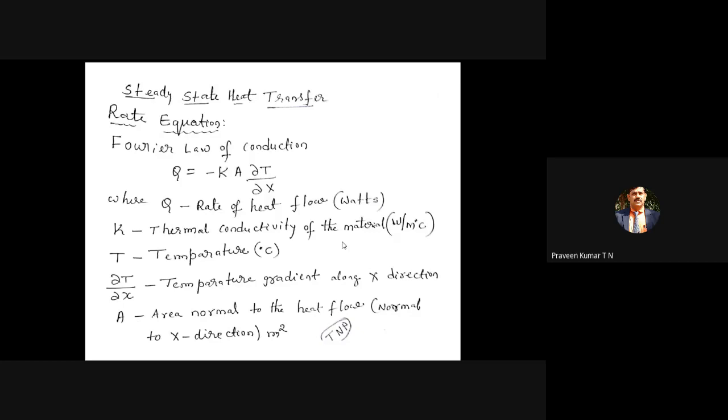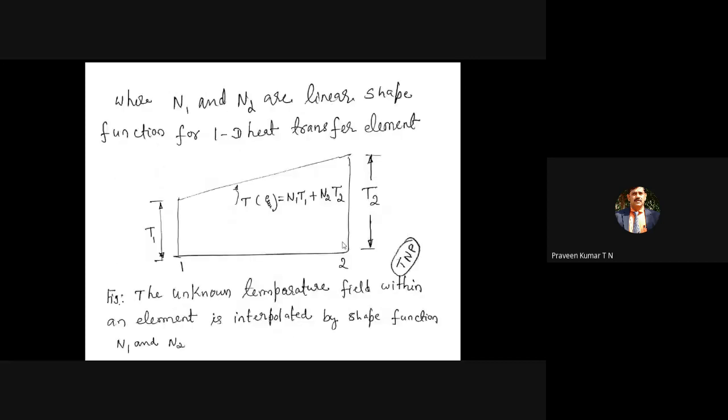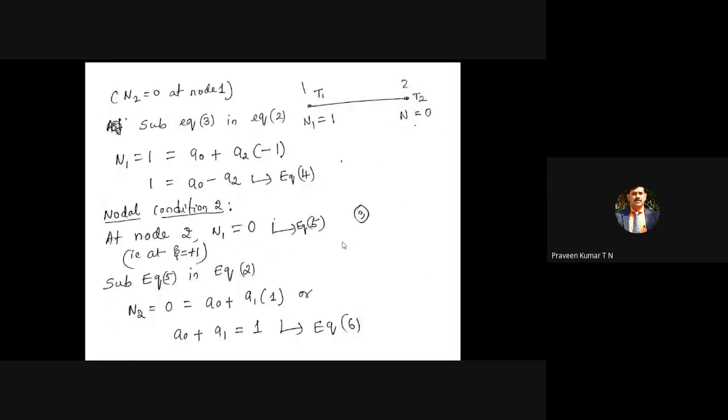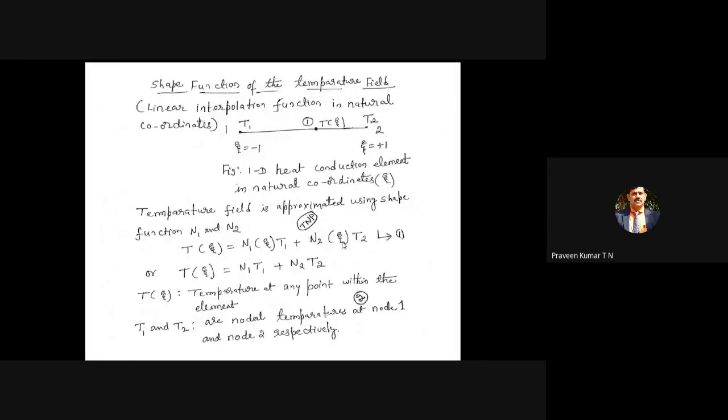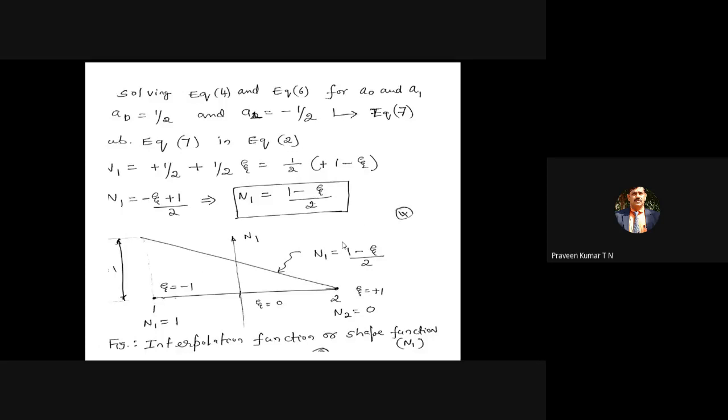Now those are related to finite element analysis. One is the B matrix. These are the two concepts you studied. One concept is the shape functions for the heat element, that is nothing but N1 and N2. We have derived N1 and N2. So N1 is (1 minus xi) divided by 2. These are the finite element concepts used in heat transfer analysis.